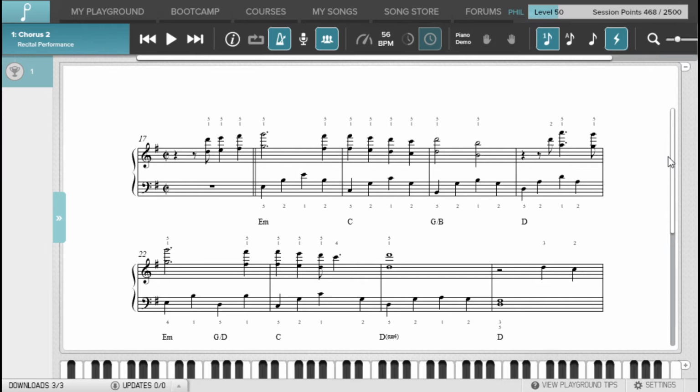Now, with such a busy left hand, and I don't mean to say it's too busy, I think it's perfect, but with as much stuff that's happening as it is, we got a lot of stuff happening in the left hand, we still